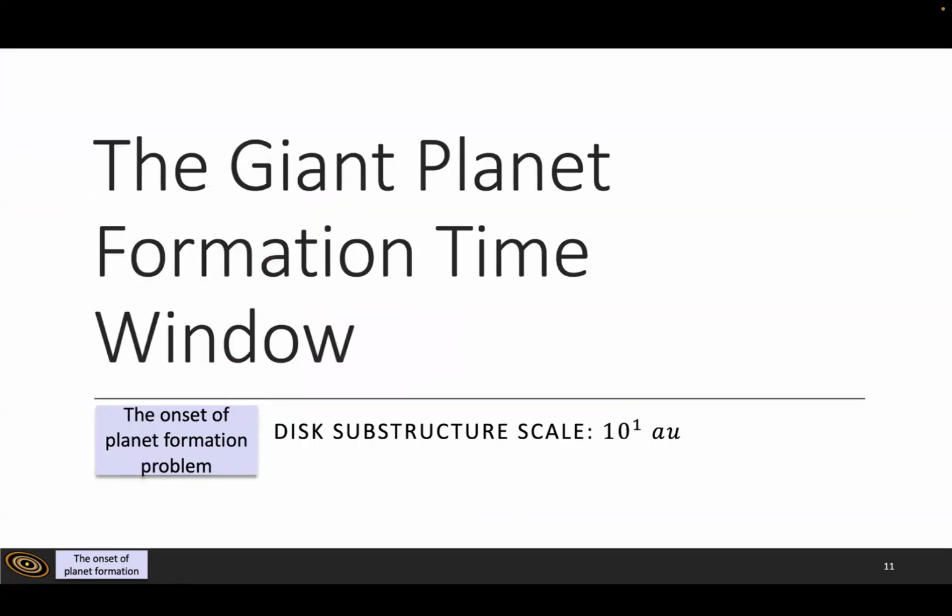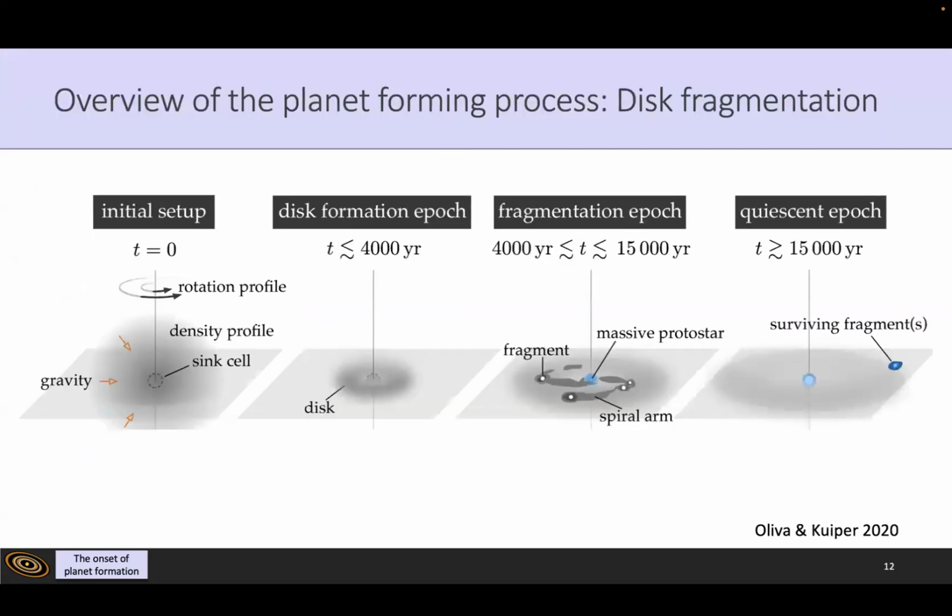Okay, so in the first part of my talk, I will talk about the giant planet formation time window, the onset of the planet formation problem. There are two ways of forming a planet, two sets of models. The first set of models is disk fragmentation. You start with a core collapse and then form a very massive disk, and the massive disk will become unstable. And then the disk will start to fragment, and some of the surviving fragments will later form